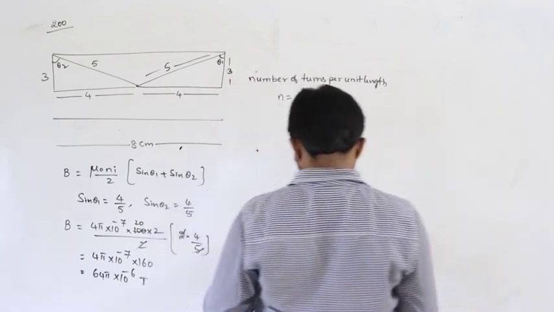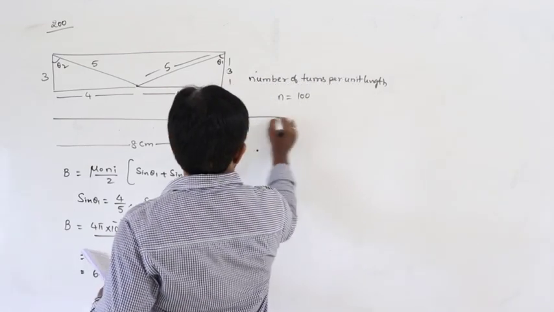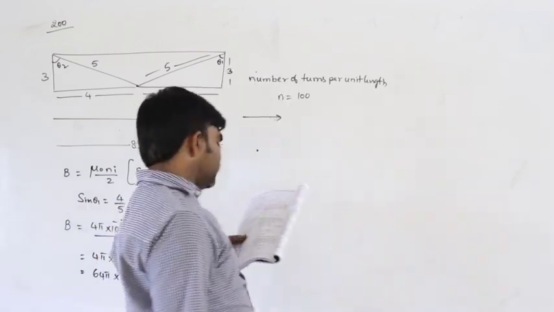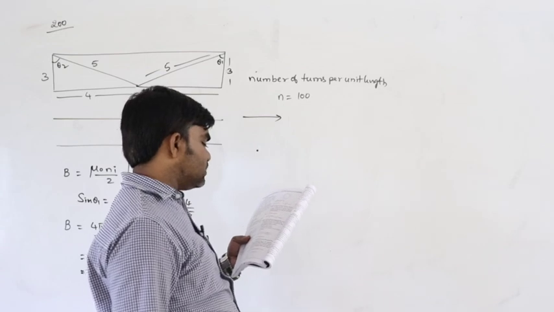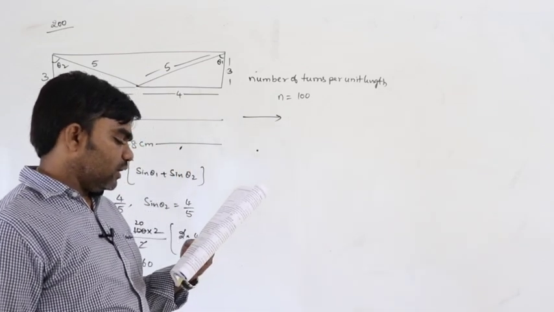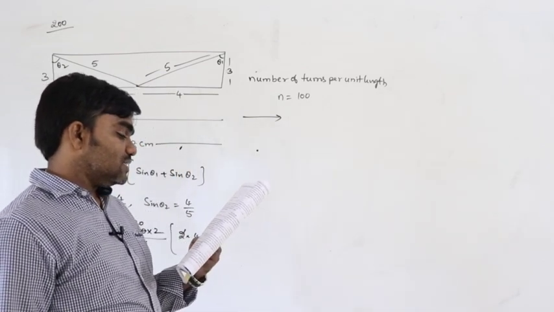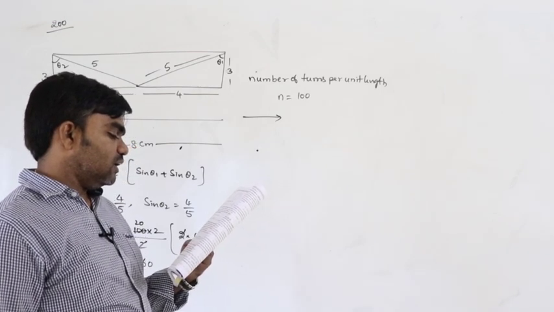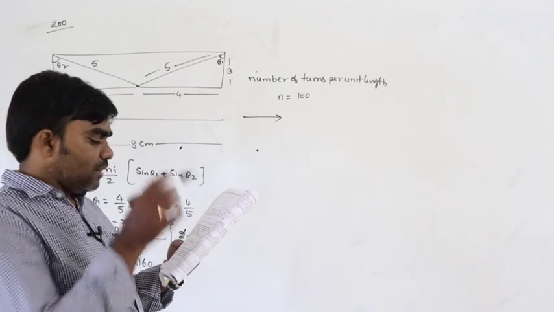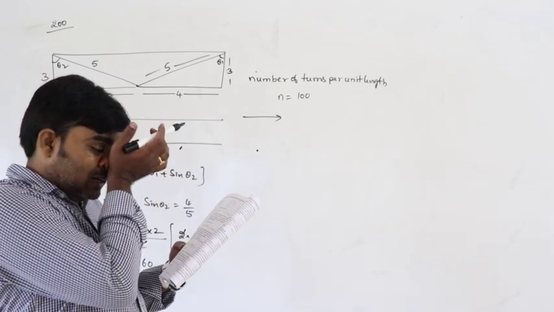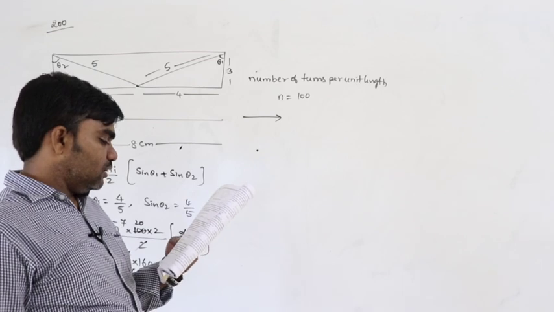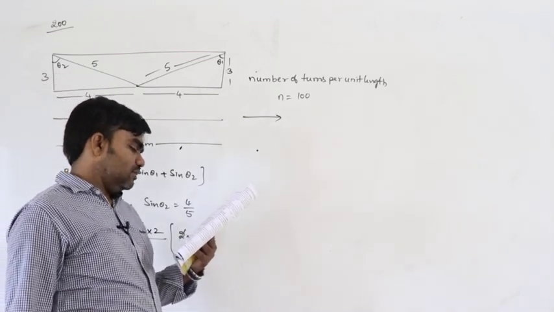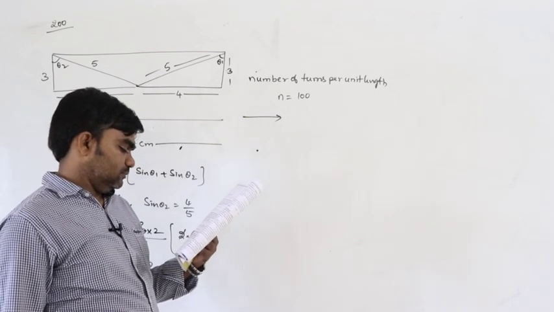Next example. A toroid of non-ferromagnetic material has a core of inner radius 25 centimeters and outer radius 26 centimeters. It has 3500 turns carrying a current of 11 amperes. Then find the magnetic field at a point in the internal cavity of the toroid, at the midpoint of the windings, and at a point at a distance of 30 centimeters from the center of the toroid.